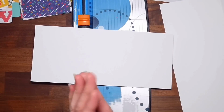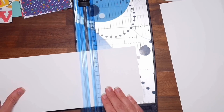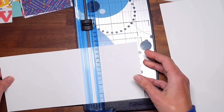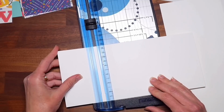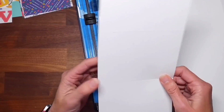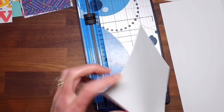I know that sometimes it doesn't matter which side you score it on, you could still fold it. I just find it to be a little bit cleaner folds. So I'm going to come to 4 inches, do 1 score line, turn it over, come back to 4 inches, and do another score. And again, it's just so that I can have my first page open this way,